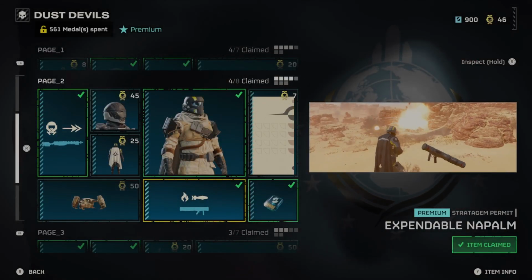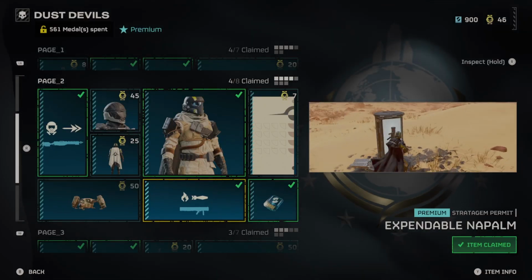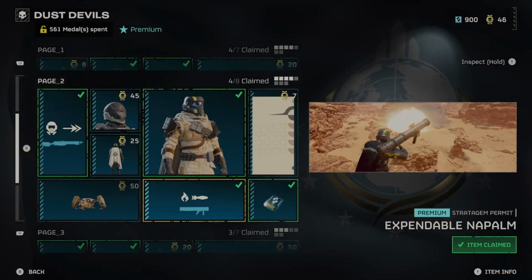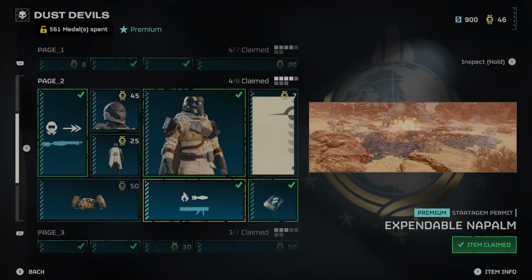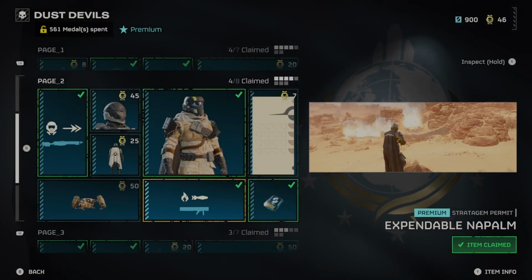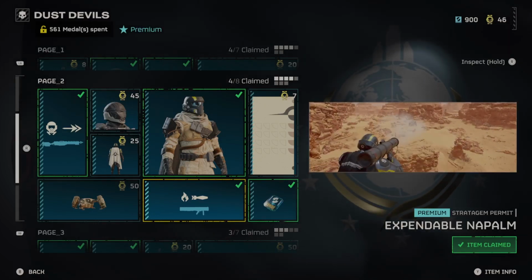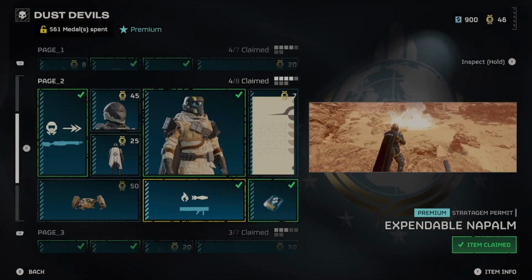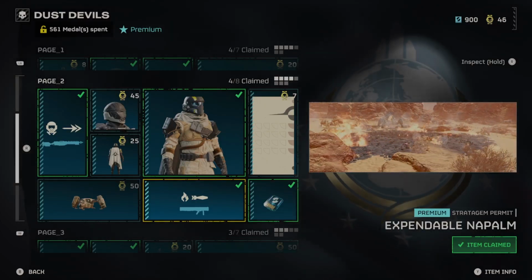On to the expendable napalm. Now, this support weapon is something to me. I've got some really interesting opinions on it. The immediate impact damage, I love. I love how much damage it does. I'm glad that it doesn't necessarily one shot a lot of things, like tanky things, but the fire